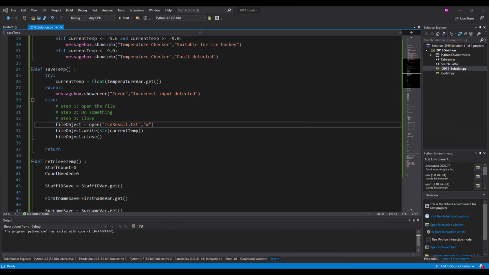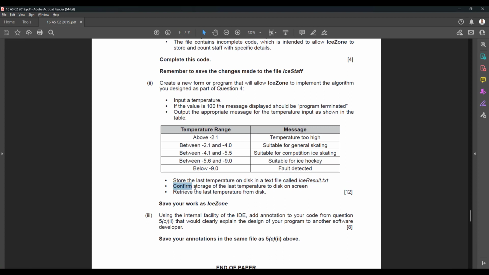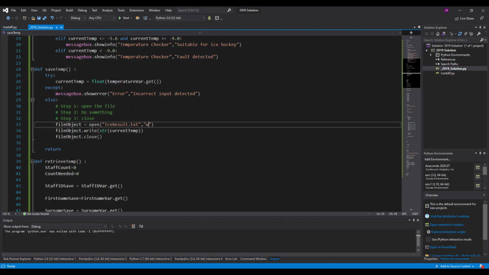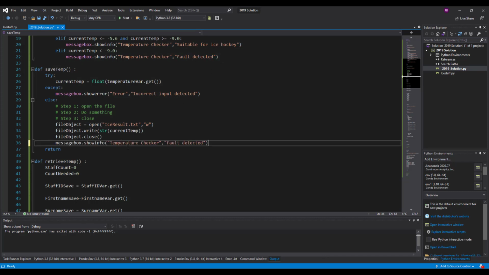And the next thing I need to do now, back in the exam paper, is confirm the storage of the last temperature to disk on the screen. That is very straightforward because I've already done lots of outputs to the screen. I take one of these up here, I'll just whack that in there and it won't say temperature checker, it'll say